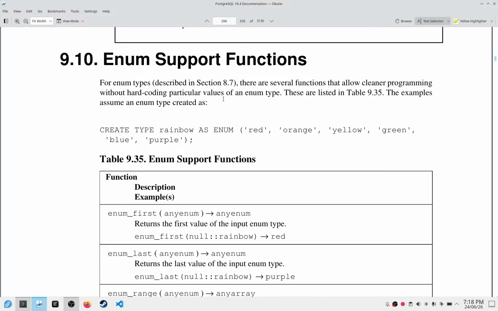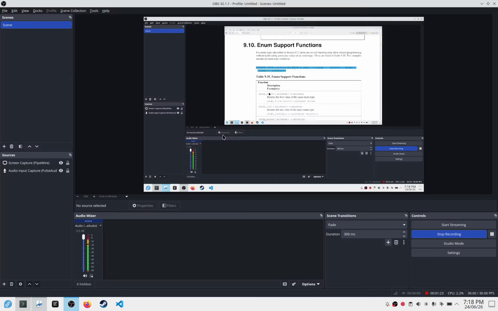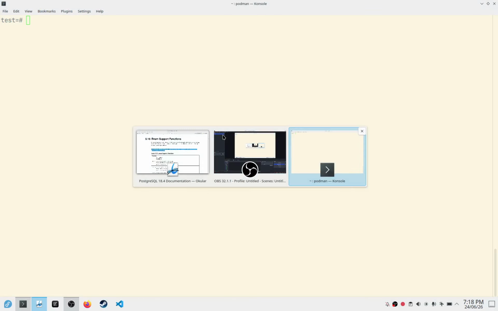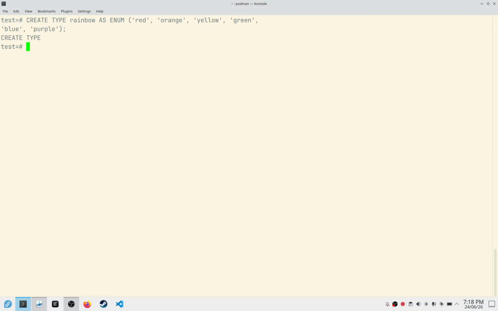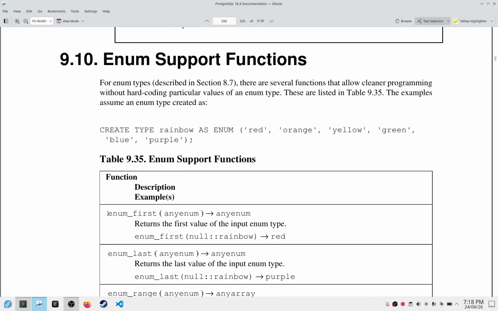So enum was described in section 8.7. There are several functions that allow cleaner programming without hard coding particular values of an enum type. These functions are listed in table 9.35. These functions require you to have an enum of this type. So what we are going to do is, on Postgres, we create this enum. And then we select